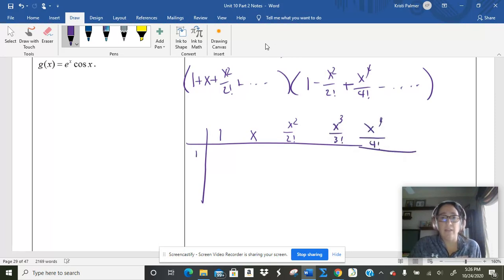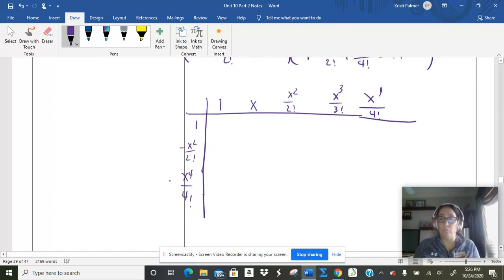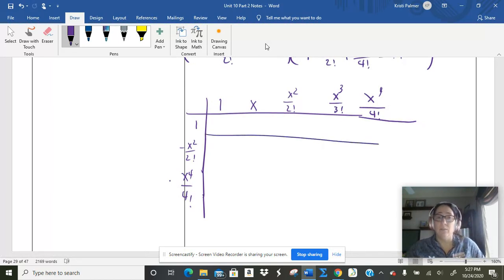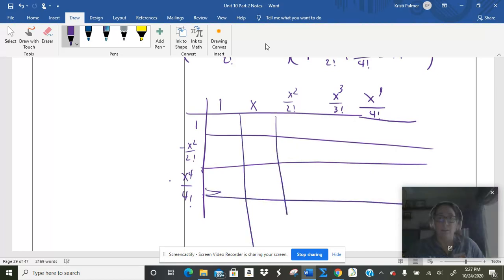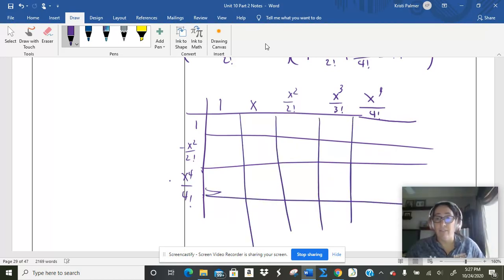And then over here I have 1, the negative x squared over 2 factorial, the x to the fourth over 4 factorial. And what's nice about this is if I need to go out 2 more terms on each side, I can. So I'm going to get this